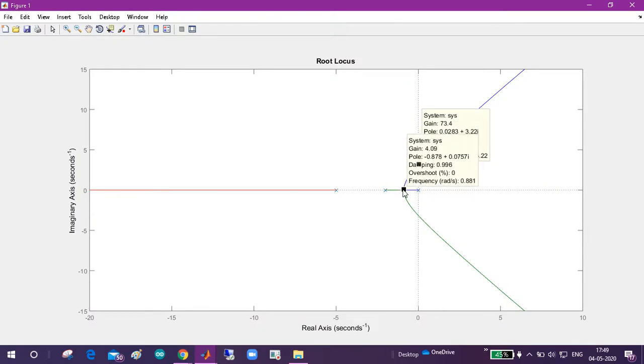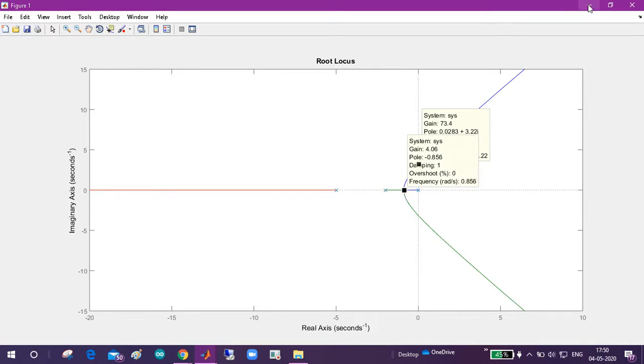Let's come to this point, where the root locus is breaking away from this pole. The breakaway point is coming at around minus 0.88, right close to the calculated value.